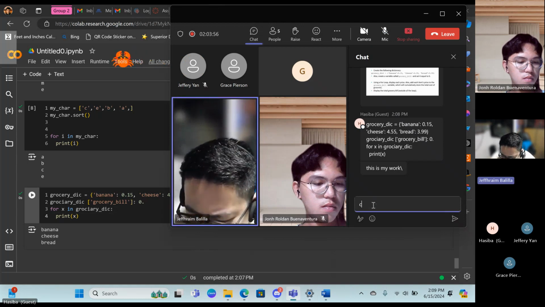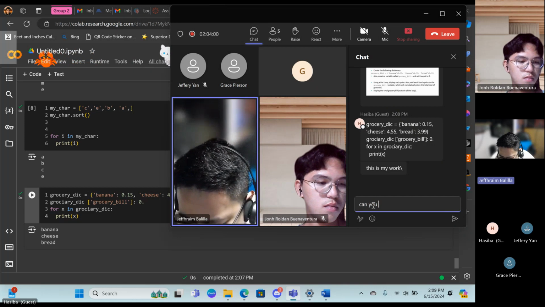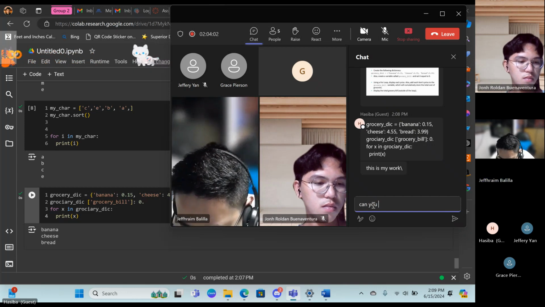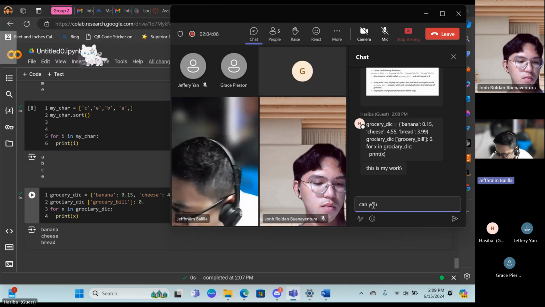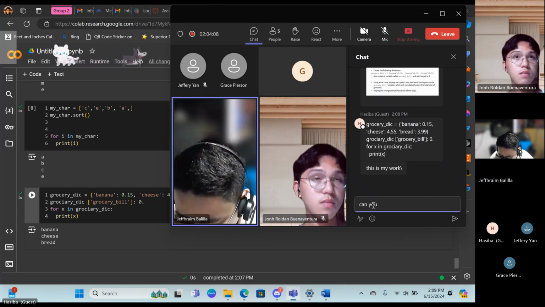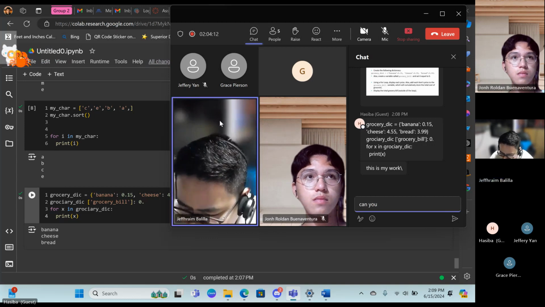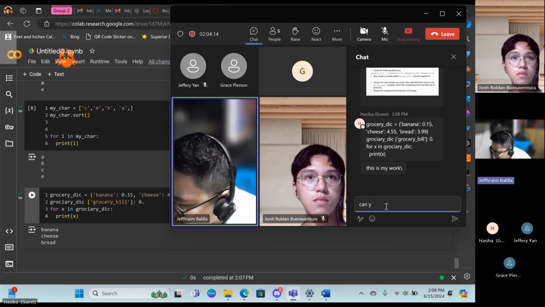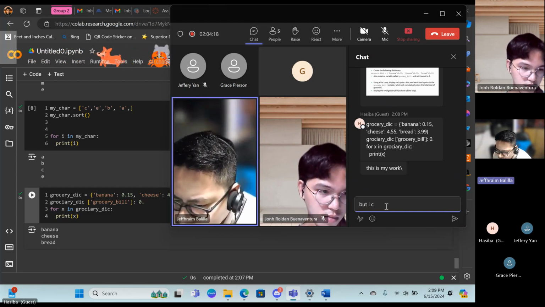So what we have here is you're printing. You were able to successfully print each of the products, right? And that's one of the tasks. Let me go back to it. So set it equal to 0.